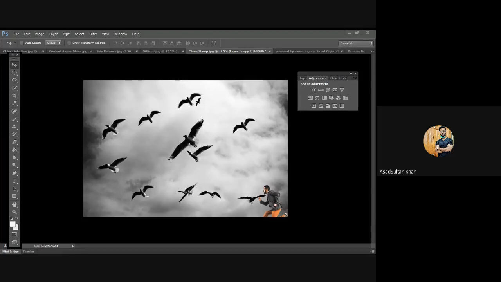Photoshop is basically all about practice. So jitna zyada you're gonna practice with all of these tools with images, that's how you're gonna learn, basically. जो link मैंने आप लोगों को email में भेजा था, that link contains the Photoshop 2020.